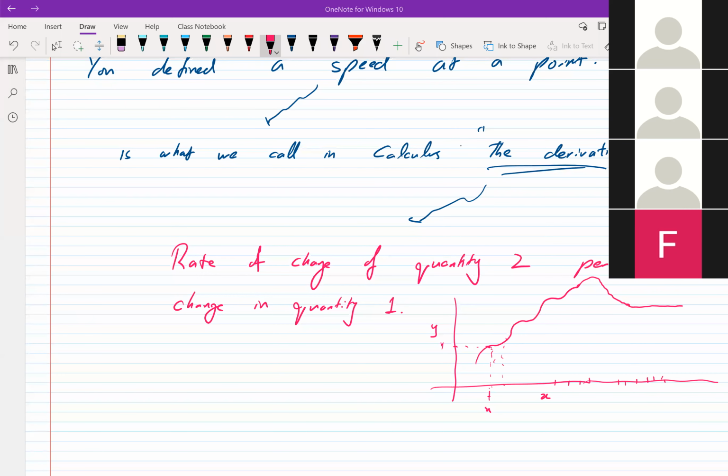Shahzeb, what's your question? Sir, is it possible to have multiple rates of change of a quantity for one rate of change of one quantity? No, that would be something undefined. That will not make any sense. If that happens, that means your derivative or your rate of change is ill-defined. You have failed, or the change which you were describing is not good enough to assign a rate of change to it. We will see some situations like that.